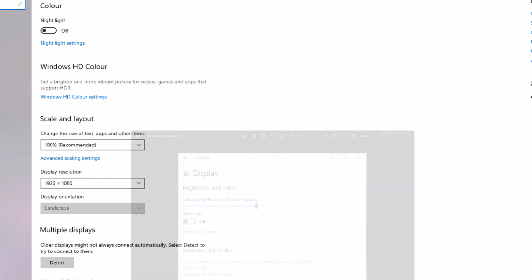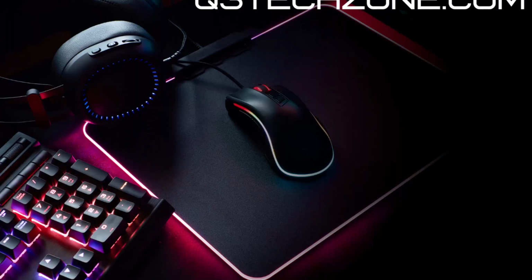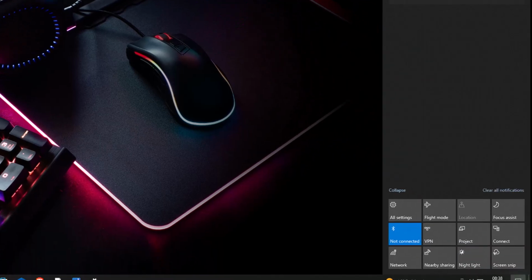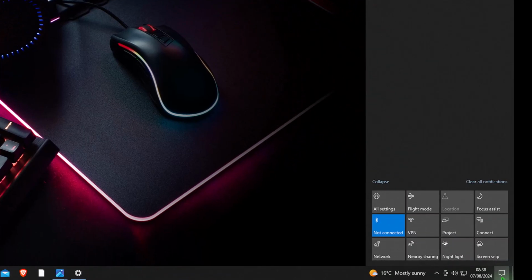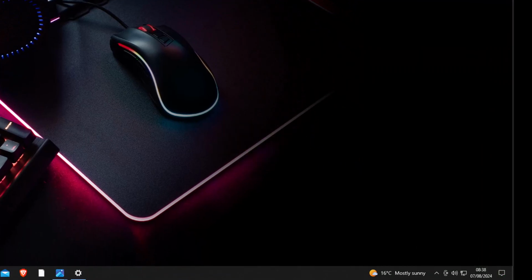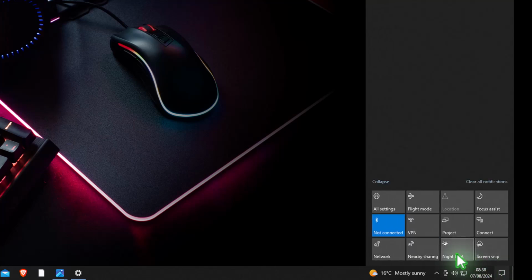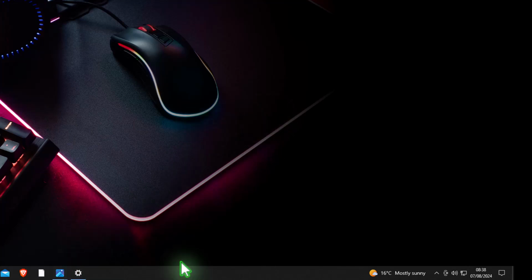The other function that you might be having is that you've got it in night mode. So if you come back into the bottom right hand corner of the screen, into notifications, you can see night light. If you put that on, that will actually dim the screen down. It's a very useful function for using at night. If you're working late at night and you want to get rid of all the blue light, then that's definitely an option. So this was a nice quick and easy video on how to adjust